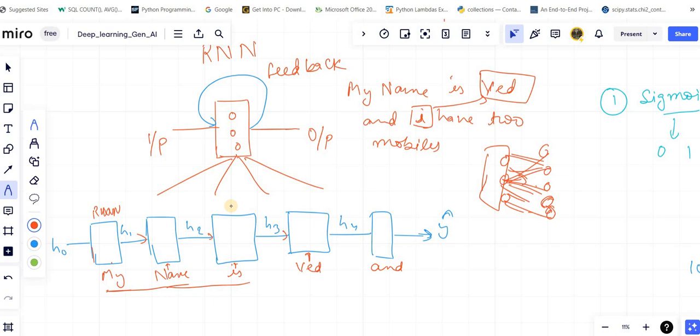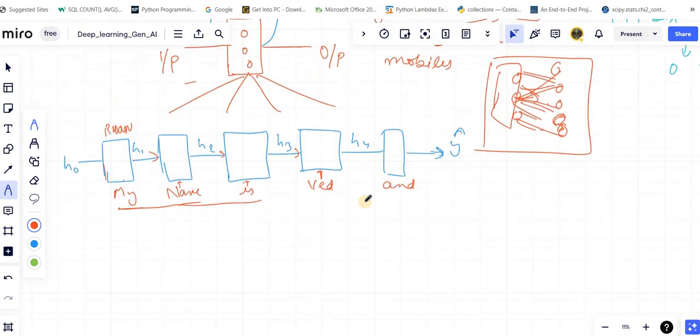Okay, so this is the structure, but these things were not there in the ANN. It was directly taking the whole sentence and giving the output, by converting it into a vector and then applying linearity and non-linearity. Okay, so now